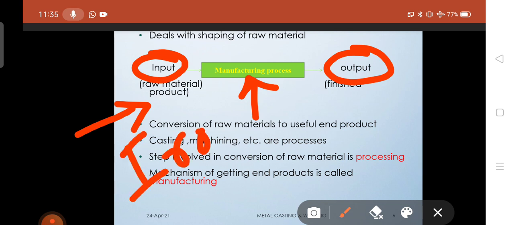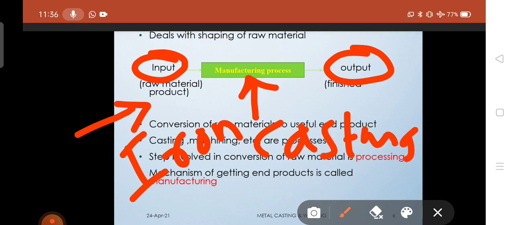We are using this iron, and the manufacturing process we use here is, for example, casting. By using this iron as a raw material and the casting process, we are forming a product, any part, any automobile part.